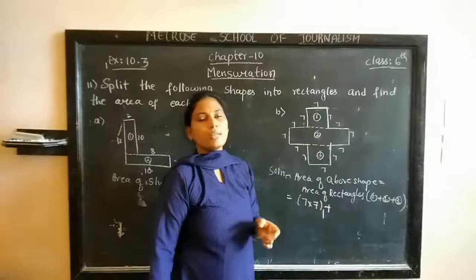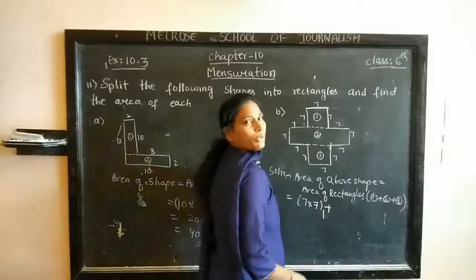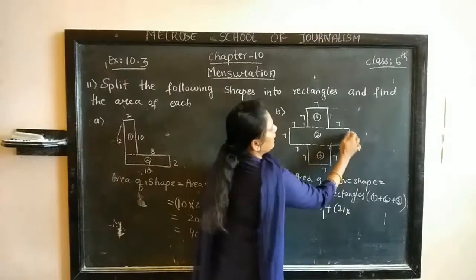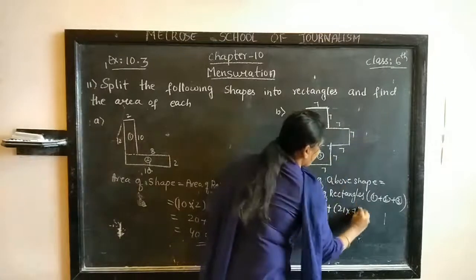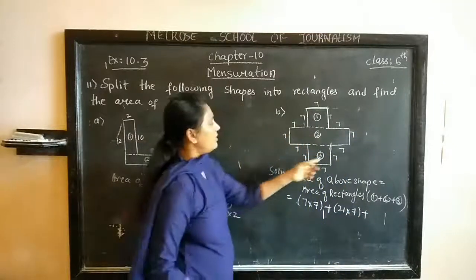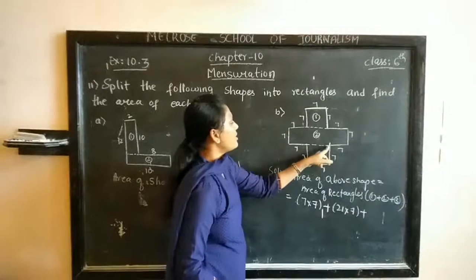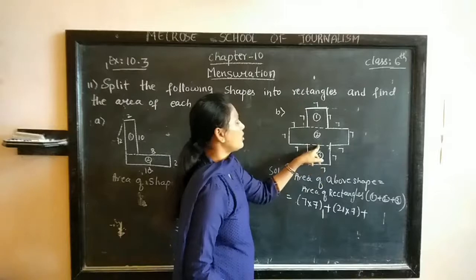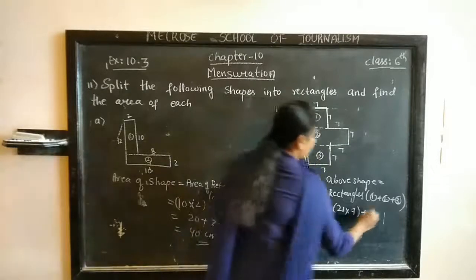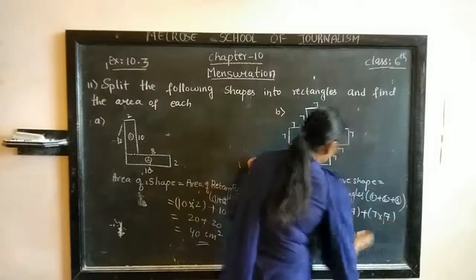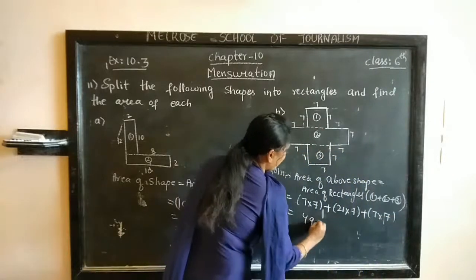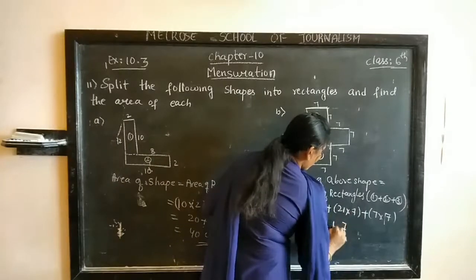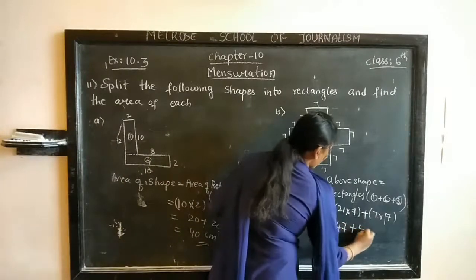How much? 7 plus 7 plus 7 it is 21. 21 into length into breadth. No, breadth is 7. Clear? Now the third rectangle is this one. This is length, this is breadth. This is how much? 7. Because this and this are same, this is 7. So this also 7. 7 into 7. Now do this. 7 sevens are 49 plus what is 21 into 7? 7 ones are 7. 7 twos are 14. 147 plus 7 sevens are 49.